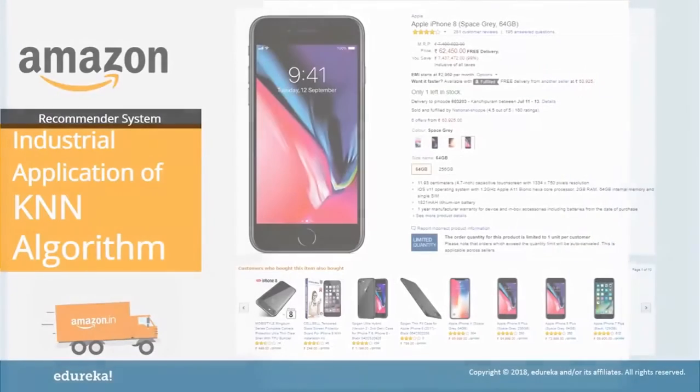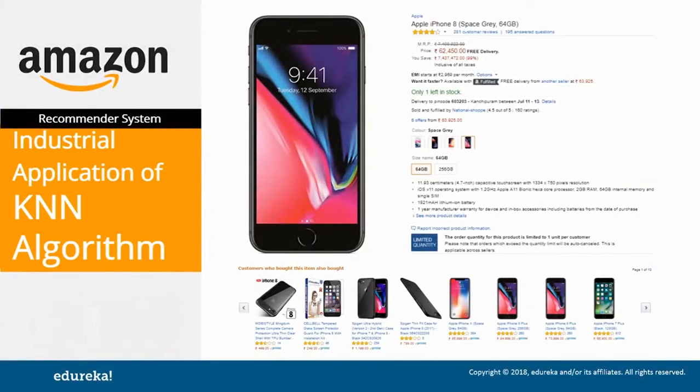So moving on ahead, let's see some examples of scenarios where KNN is used in the industry. So let's see the industrial applications of the KNN algorithm, starting with the recommender system. Well, the biggest use case of KNN search is a recommender system. This recommender system is like an automated form of a shop counter guide. When you ask him for a product, he not only shows you the product, but also suggests or displays a relevant set of products which are related to the item you're already interested in buying. This KNN algorithm applies to recommending products like in Amazon, or for recommending media like in the case of Netflix, or even for recommending advertisements to display to a user.